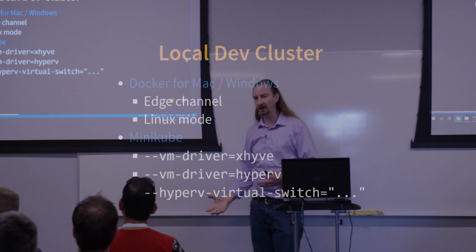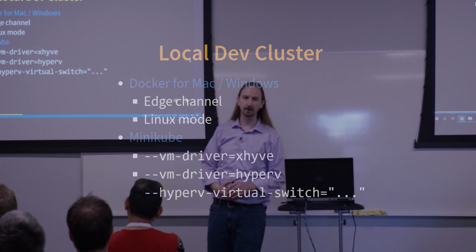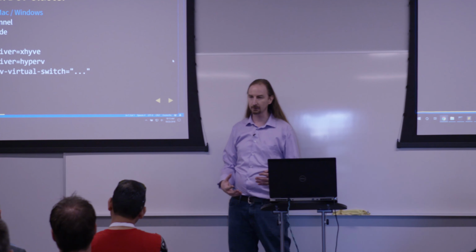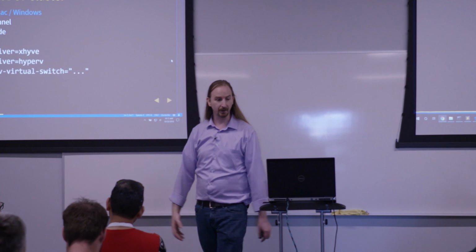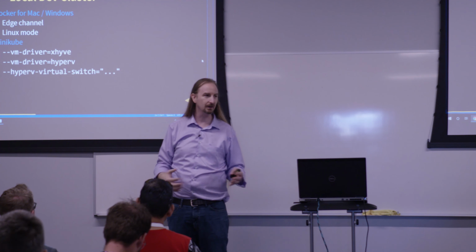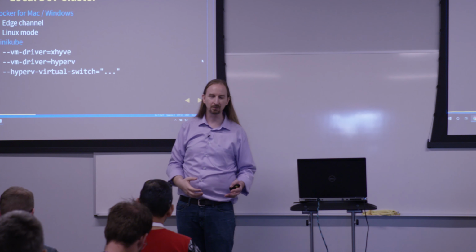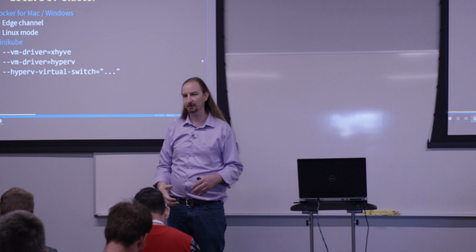If I'm doing this locally, I have two great options. I can use Docker for Mac or Docker for Windows that will spin up that Linux virtual machine and allow me to do really interesting things. I just go into the settings and I check the box saying, yep, Kubernetes mode. Alternatively, I can use minikube, which is a single node cluster built by Google, and it does all of that as well. Docker has more magic, which is wonderful. It'll do more things for you, like automatically proxy in and out of the virtual machine really elegantly. Minikube does less magic, but also exposes more of the details.